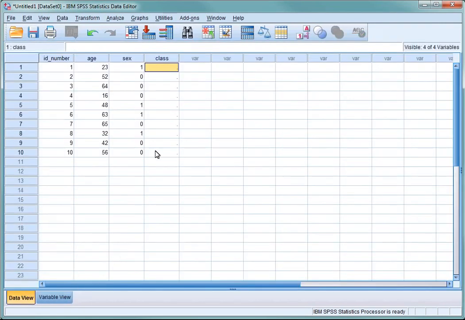The fourth NSSEC category, long-term unemployed, doesn't have a number. Now we know what label we can put it. The official title is never worked or long-term unemployed, but we can just shorten this to unemployed. So let's put that in the label. But what value do we give it? We could label this as 0, but I'm going to suggest that it makes more sense to label it as